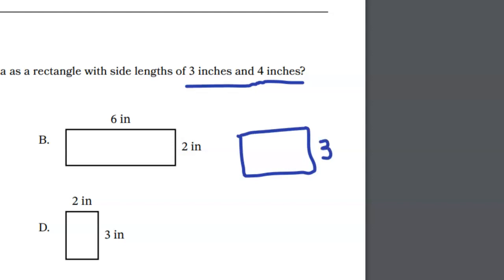I've got a side that's 3 inches, I've got a side that's 4 inches. And one of the big things that we've been moving toward is, instead of having to tile and count all, we can use multiplication and multiply the length times the width. So 4 times 3, or 3 times 4,